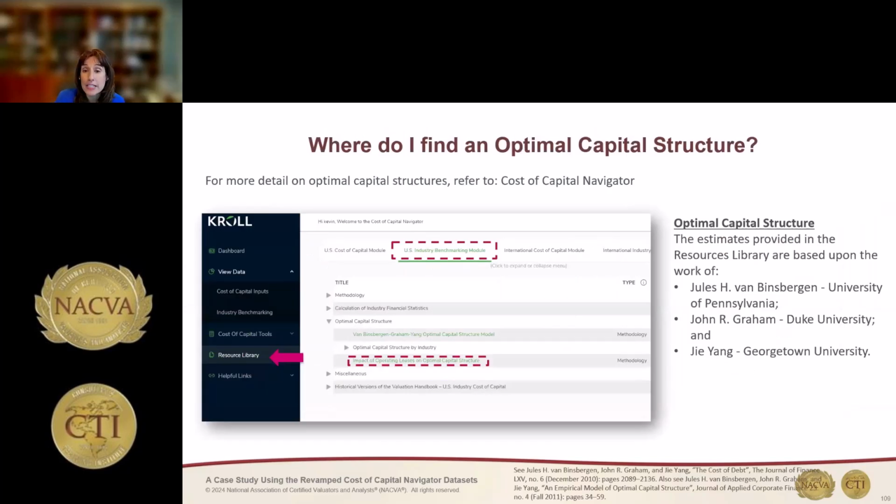So you can get that information, but you can also look at what optimal capital structure is. We're going to make this data available in a more accessible way, but for now you can go to the resources library and look at the work that Professor John Graham at Duke University is doing. He wrote a paper together with his co-authors, Jules Van Binsbergen and Jay Yang, they got published, and now we have a relationship with Professor John Graham, and he updates this information for us